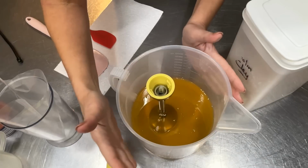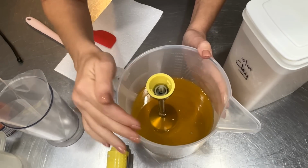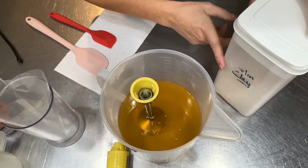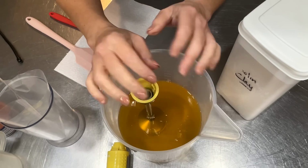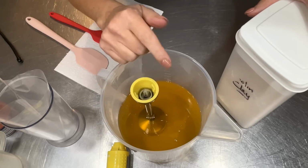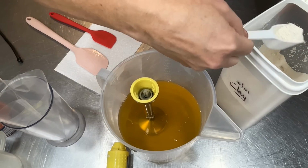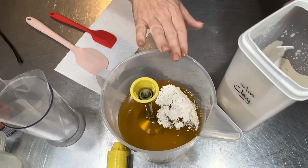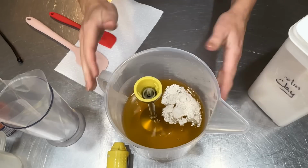All right, we are back with all of my oils and butters in here, and the peppermint essential oil is in here, and it's time for soap additives, which today is just going to be the kaolin clay, because I want the white to be very bright and no specklies in there that I can get from the oats, which is beautiful in some soaps. Not for today though. So this is going to be an oat-free soap. Let me throw this in here. This is about, I'd say, 2 teaspoons of clay. And being a beautiful white kaolin clay, that will help lighten up the white portion of the soap anyway,